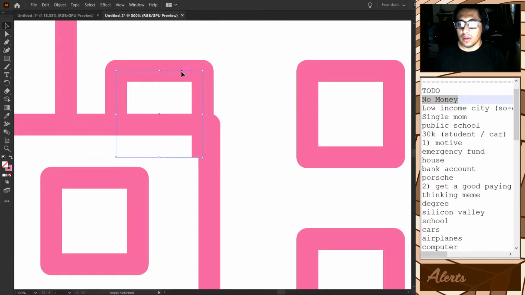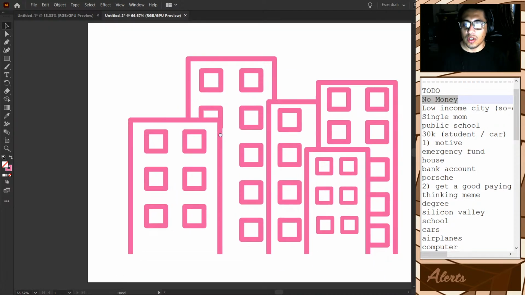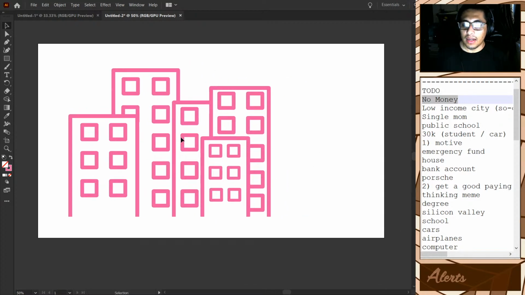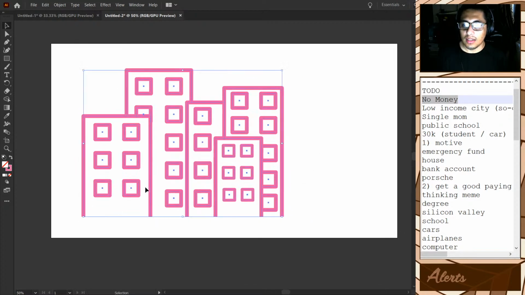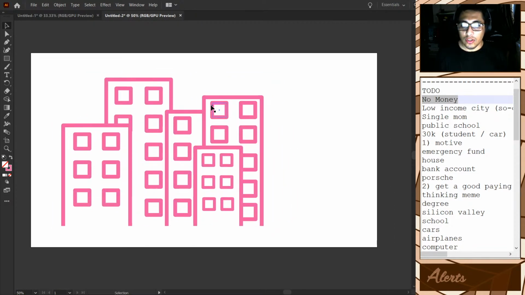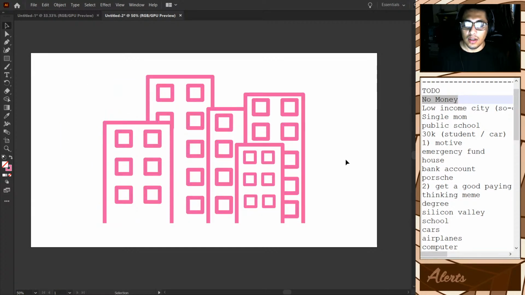Fine. Now that everything is done, what I like to do is group them all, so if I ever want to move this around, they all move at the same time, as opposed to me having to do it one by one. Grouping is done by clicking and hovering over to make a selection, then right clicking and choosing group.